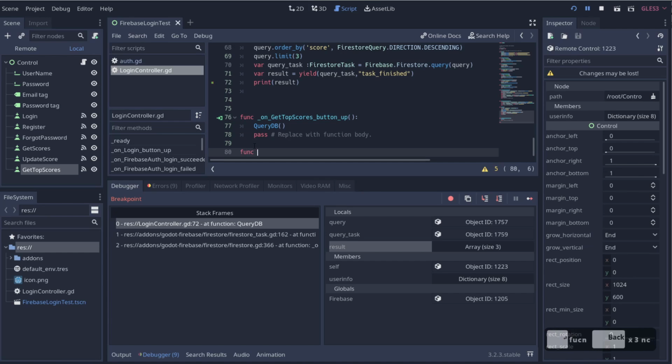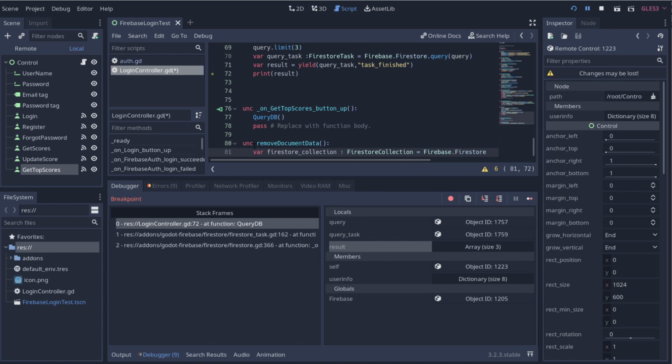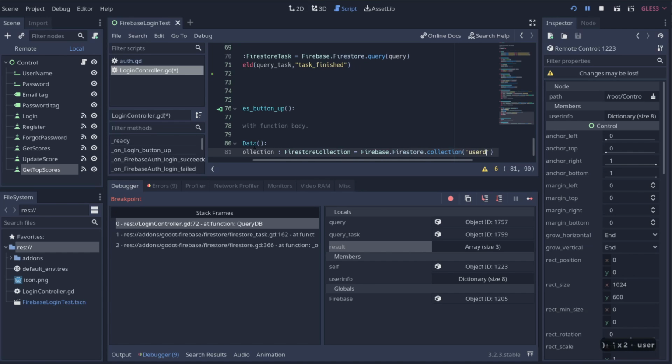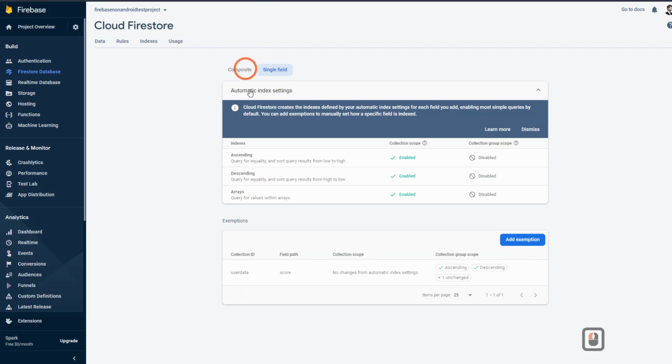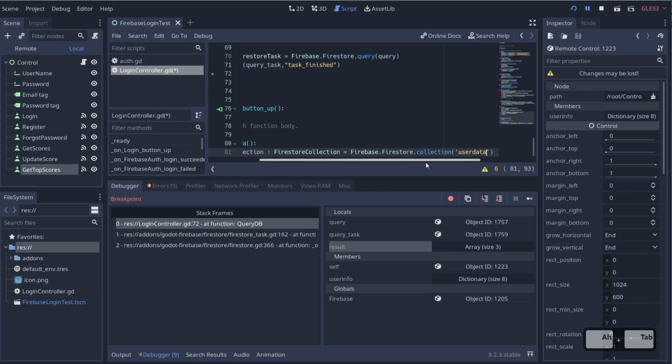So let's say func remove document data, and then we'll say var firestore_collection is a firestore collection is equal to Firebase dot capital F dot firestore dot collection, and then we'll say user data. Again, we go back to our data, this information here. So user data,